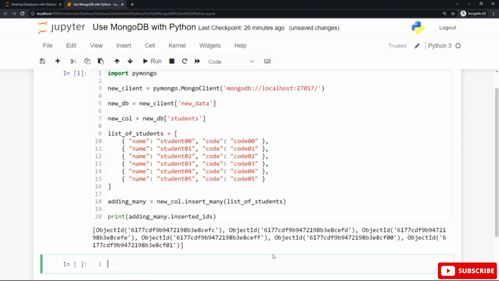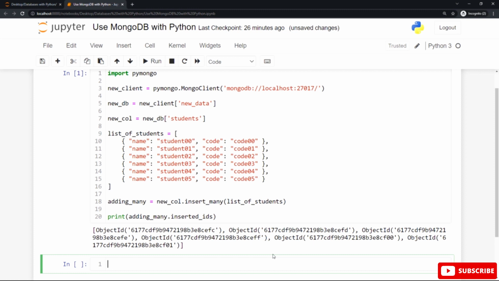You can create many documents inside this collection, a document instead of a record in SQL. And we have 6 documents. We want to insert these documents inside the students collection. So after that, you can see we use the insert many method to insert this list of students. The parameter of the insert many call is the list of students, these documents. We want to insert these documents inside the students collection.